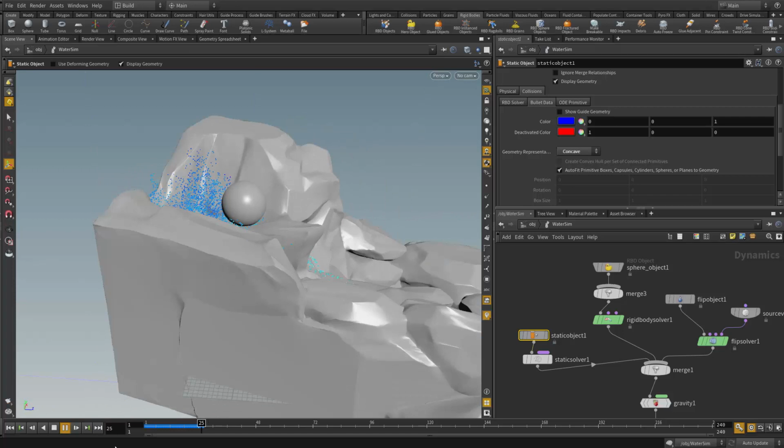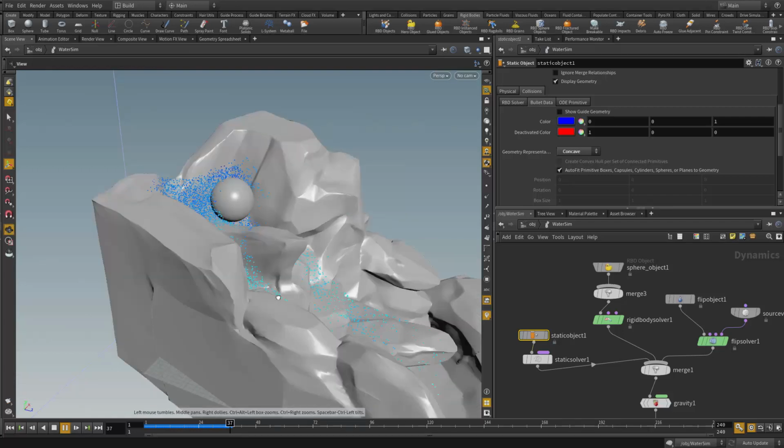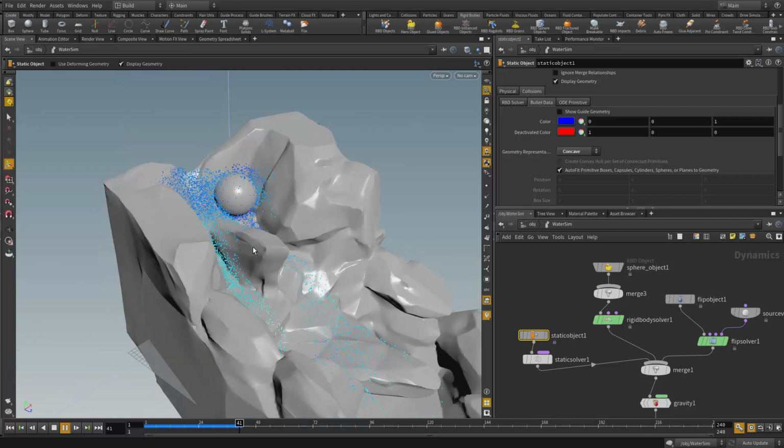As you can see, the particles do interact with this ball. You can see they wrap around the ball, and the ball, because of the gravity, is being dragged inwards a little bit, and the water is wrapping around it. So everything seems to be reasonable,